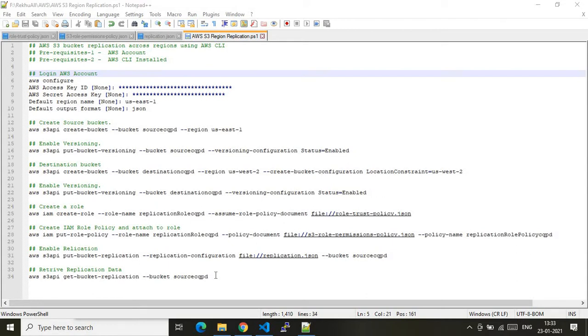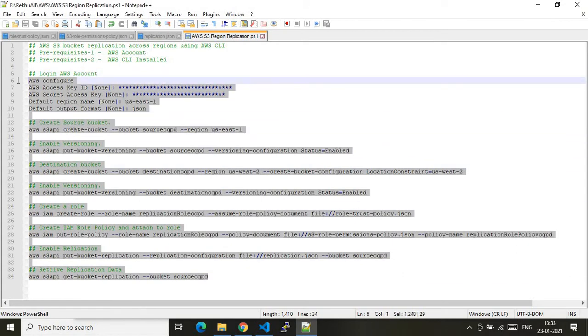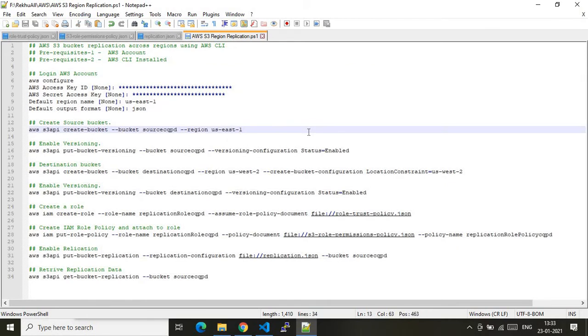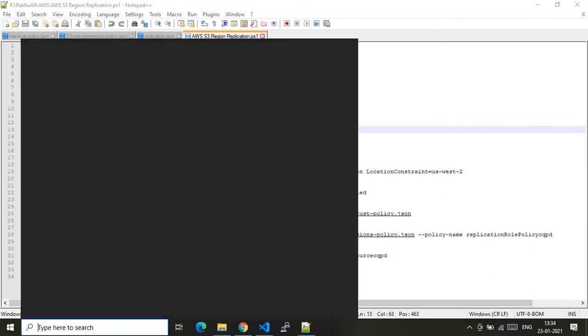So as you see on my screen, I have already noted down the commandlets which are needed for this demo. I would encourage you to have a look at these commandlets once again. Let's get started with this demo. We can run these commandlets either in the CMD tool or in the PowerShell tool. For this demo, I will choose to run these commands from the PowerShell tool. So let me open the PowerShell tool.